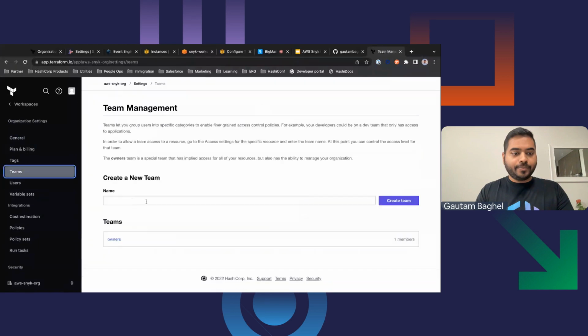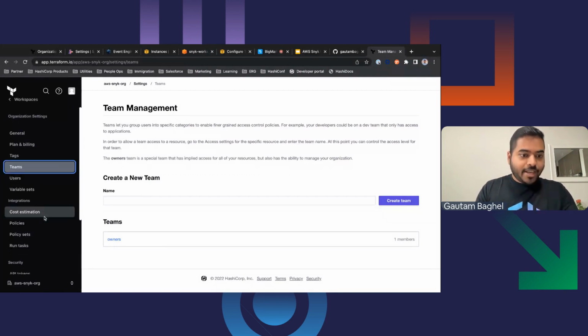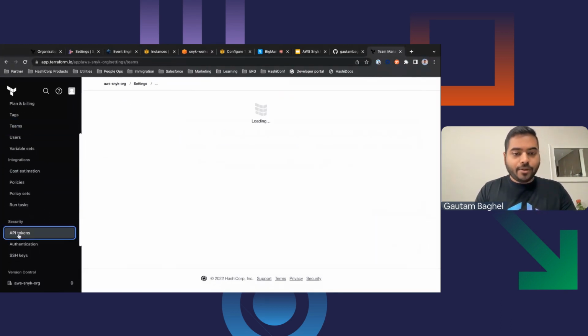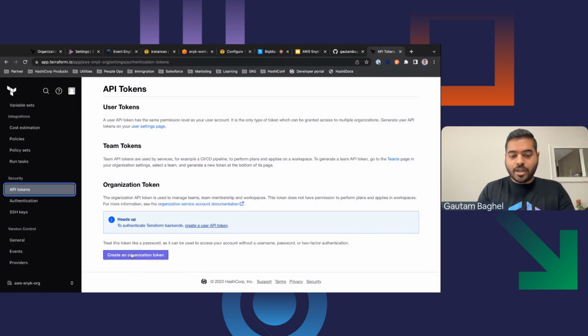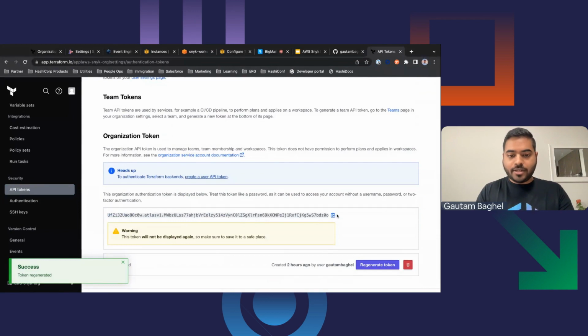Actually, I'll go to my API tokens, and I'll just create an org token. You can create a team token or user token. Since I'm showing a new org, I'll just create an org token, and that's it.